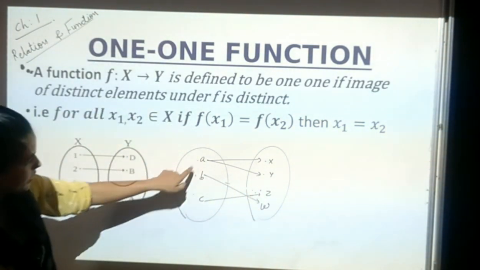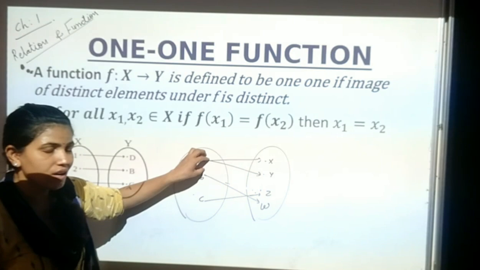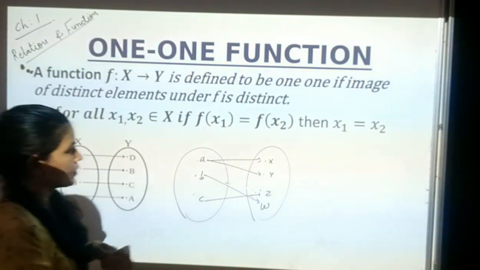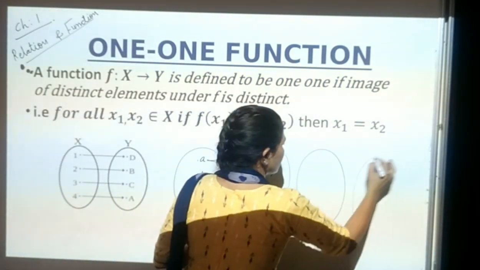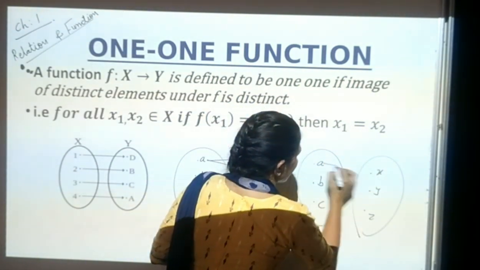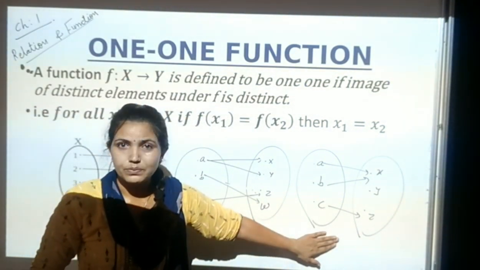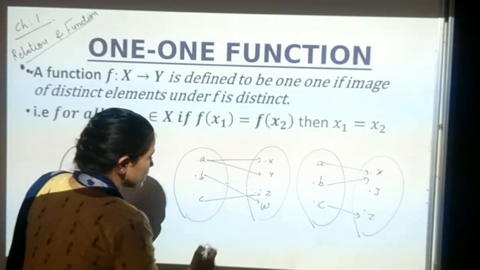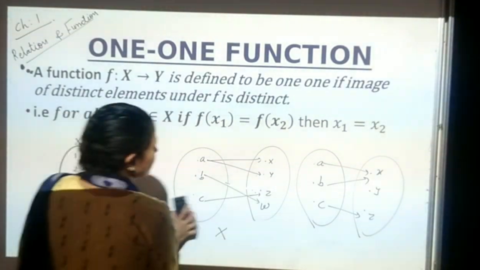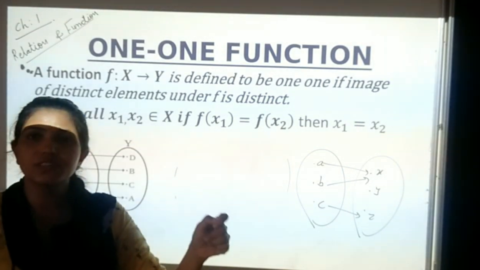So here what we can say? One to many. It is not 1-1. One is related to many elements, so it is one to many. It is 1-1. Similarly, if I do another one, here A, B and C, here X, Y and Z, A and B, that is called many to 1. Many to 1, but this is not possible. The second portion is. So here we have the 1-1 function. What is a 1-1 function? One element related with one element.